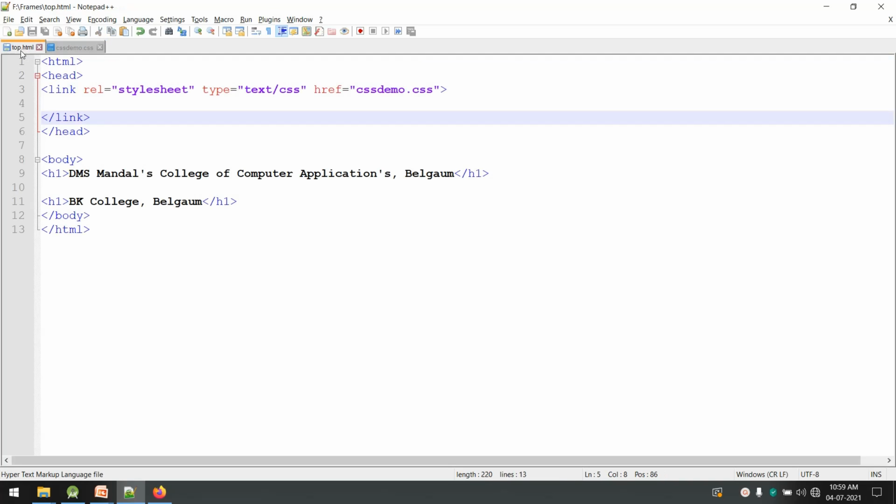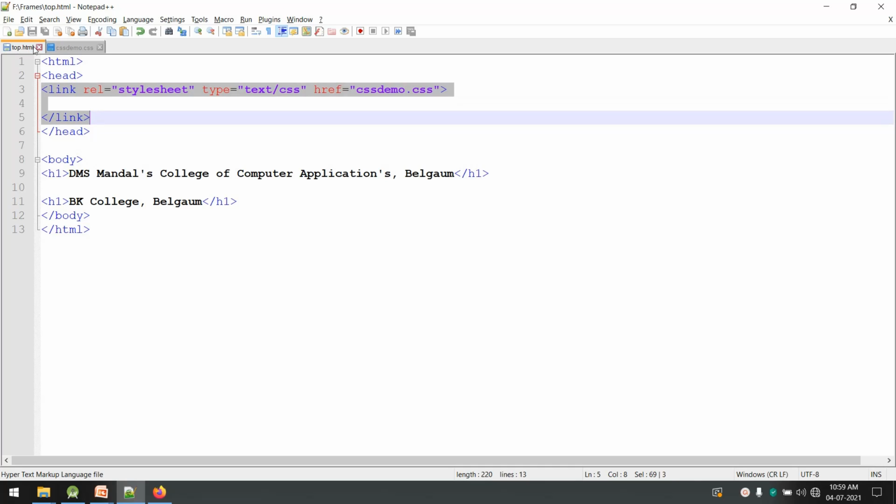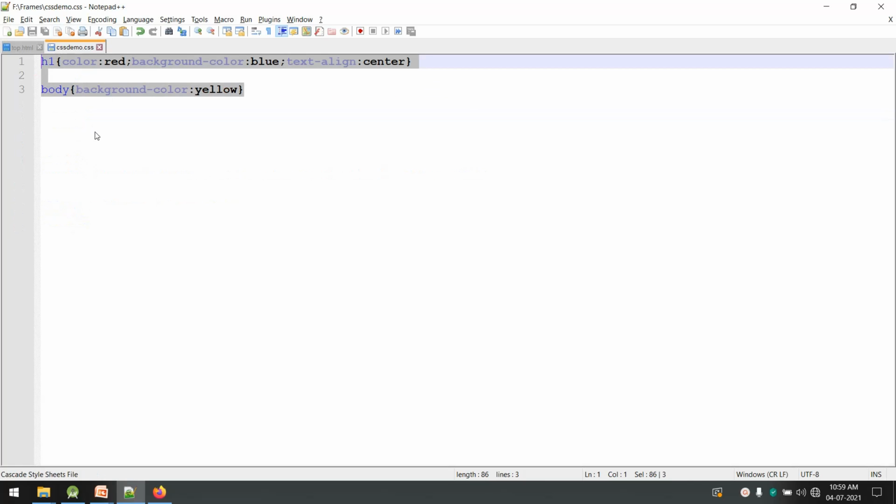You only have to declare this link tag in that HTML document. I needed it in top.html, so I declared it in top.html. If I have one more HTML document, in that document also I can declare the same link tag, and the style details will be applied to that document as well. So like this, we can apply the style rules to any number of documents by using external style sheets.